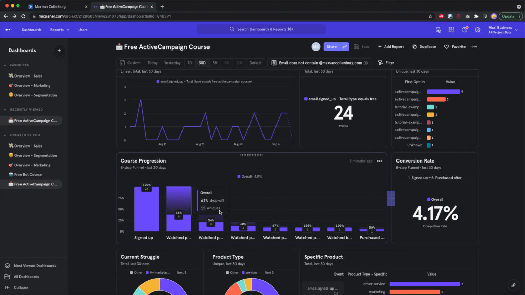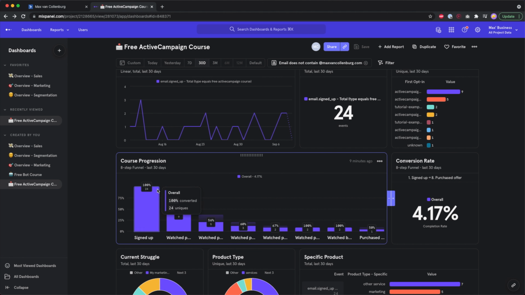So I could have a goal inside my automation, like that they purchased that product, but that will only tell me how many people purchased compared to how many people signed up, and not really where people actually start to drop off. So here, for example, in the beginning, I see this is quite a significant drop. We went from 24 people to 9 people, and I'm just testing this, so there's also not so many people going through it. I'd have to add more people to see how it's really performing.